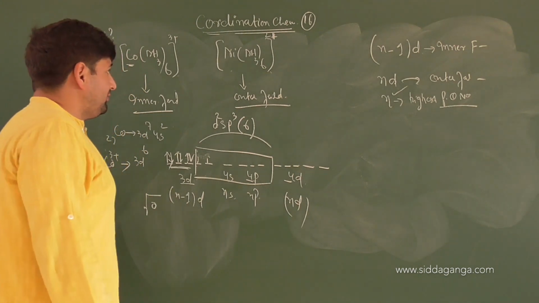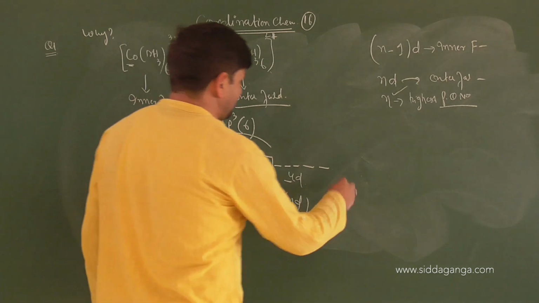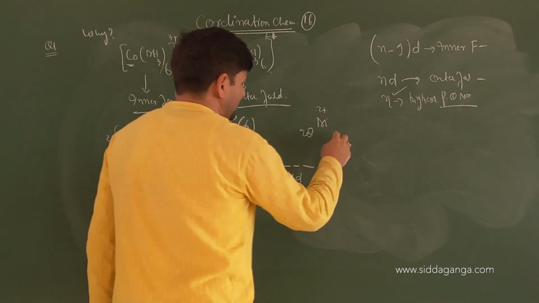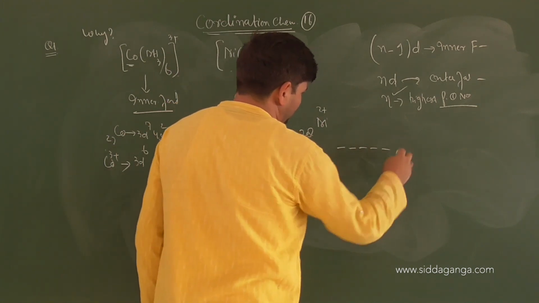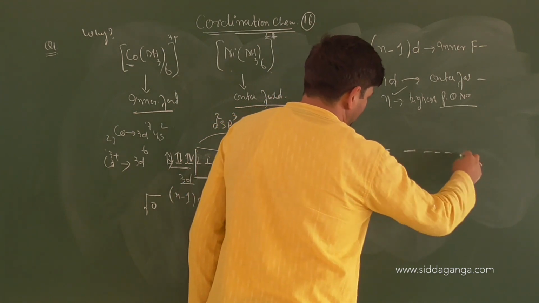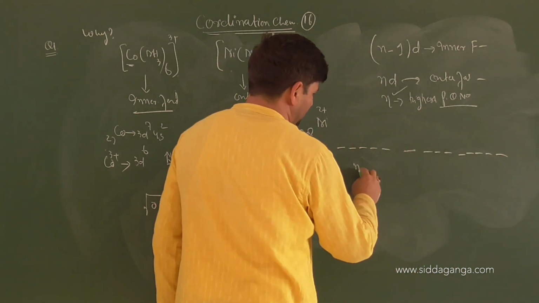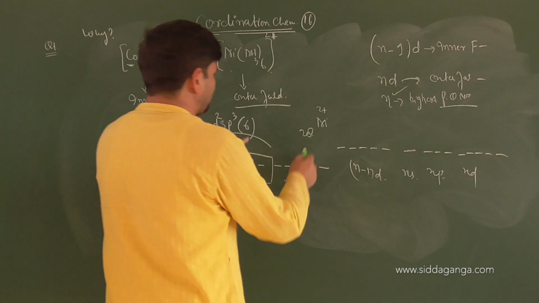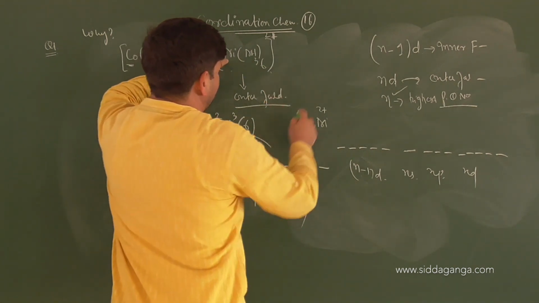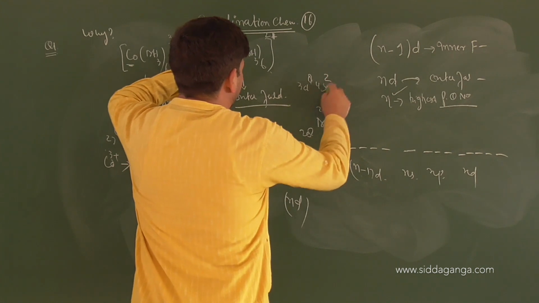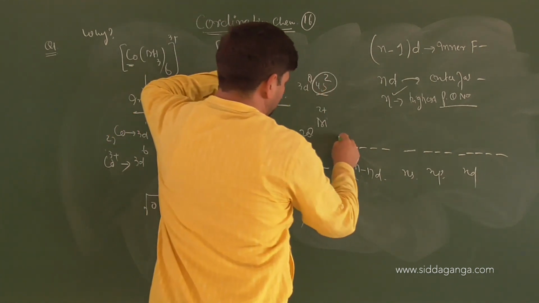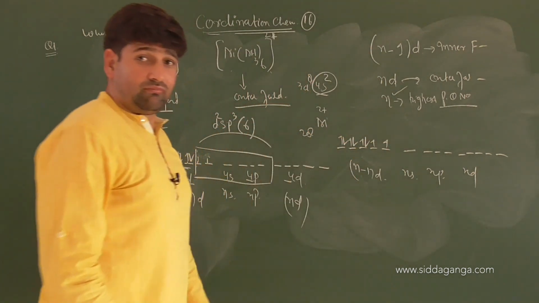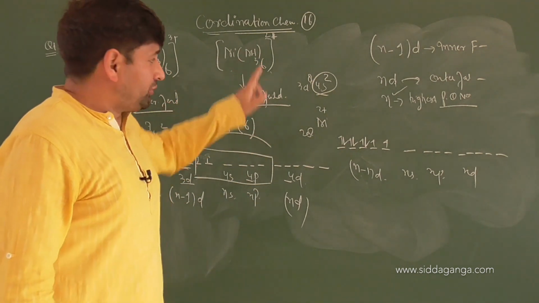Very good. Now if I look at nickel NH3, we will do the same case. Nickel atomic number is 28. We'll write down nickel 2 plus, right? So 1, 2, 3, 4, 5, then 4s, 4p, 4d. So this is n minus 1 d, this is ns, this is np, this is nd. How many electrons in nickel? 28. After losing 2, it will be 3d8, 4s2. How many in d? 8. So 1, 2, 3, 4, 5, 6, 7, 8. How many are coming for bond formation? 6. So will you pair it up here?